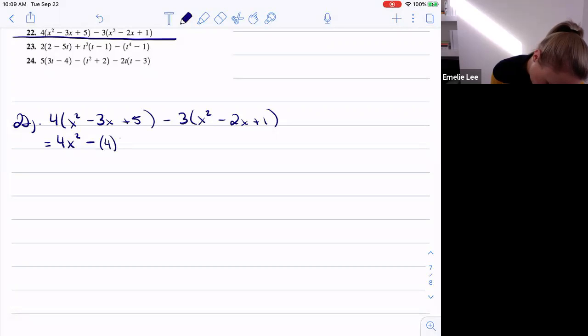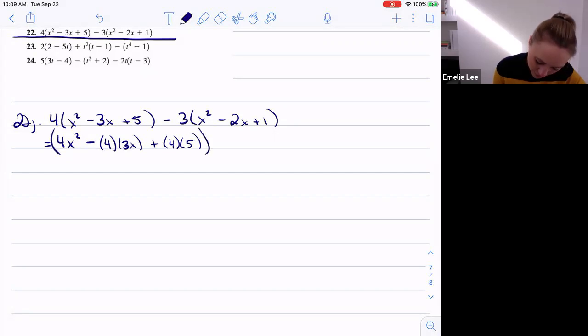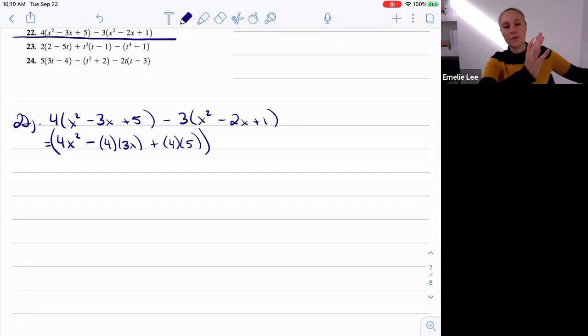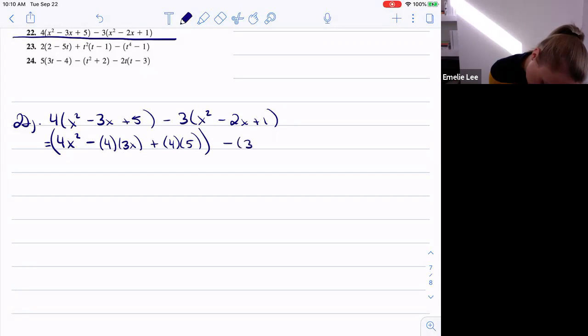Minus 4 times 3x plus 4 times 5. I'm going to keep brackets around here, even though I've kind of expanded them away, just to show that's that lump of stuff that I've dealt with. Now I'm moving on to the -3. So then I've got minus 3